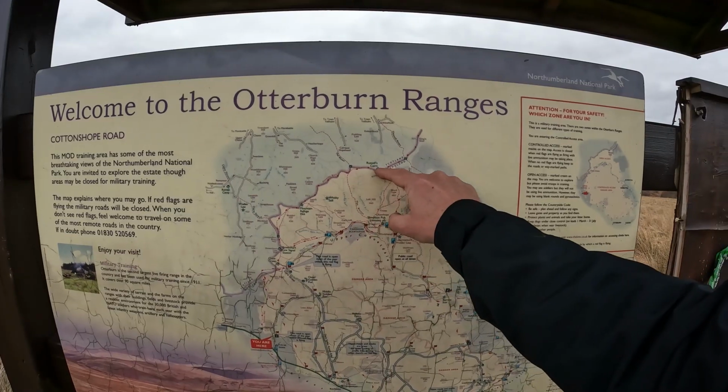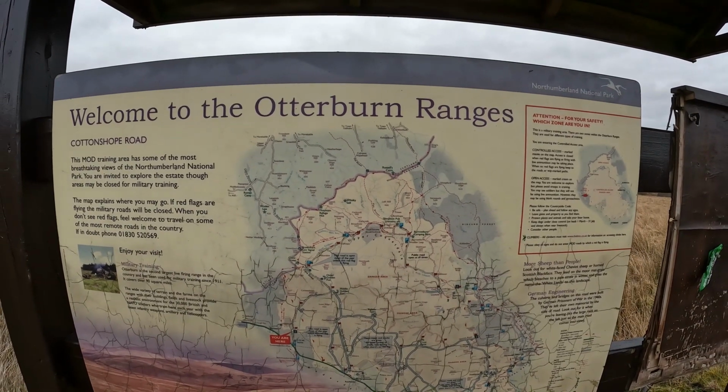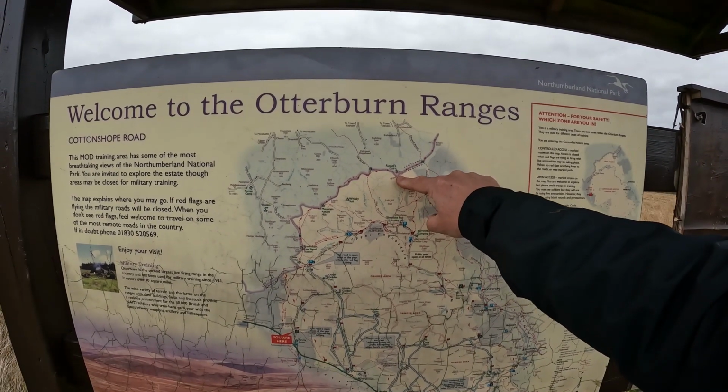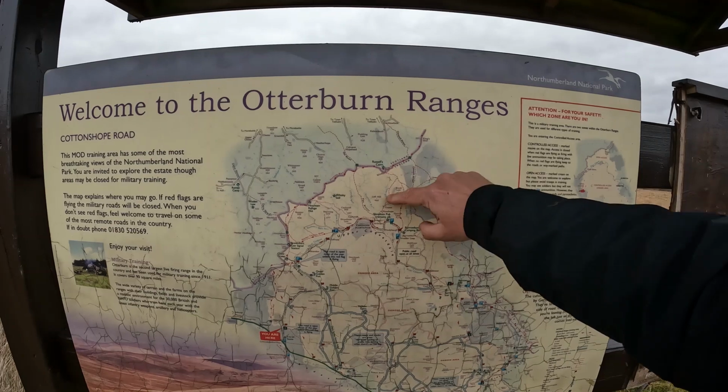The old Pennine Way along here is absolutely tremendous. There we go. Sorry, Windy Gyle. It's all the way up there. So, but I mean that's walkable from...